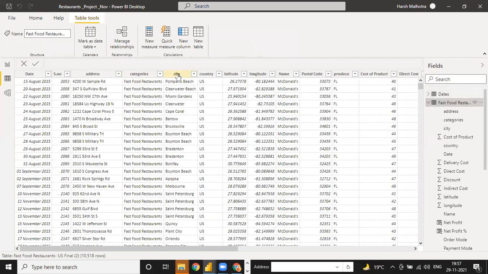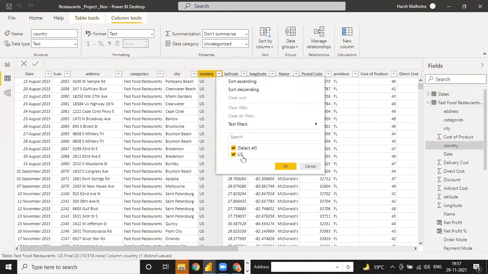Now we have total cities-wise data. Countries, guys, we have only one country, so we cannot do country, because we are doing visualization only for the US. Suppose you have many countries, like in corona cases or other population cases, then you can use distinct count for a multiple-countries chart as well.